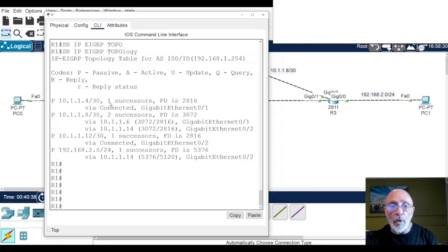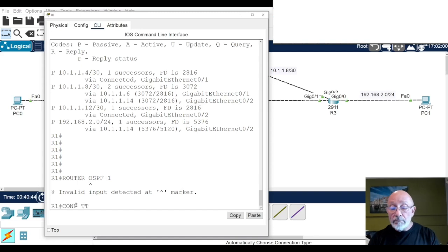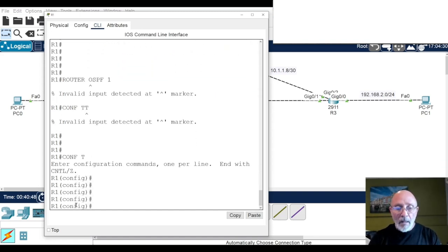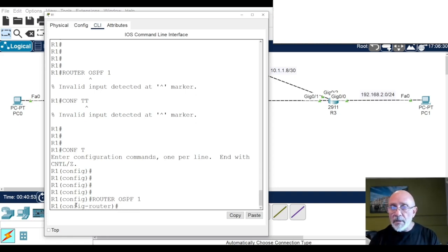So lastly, let's do OSPF. We're going to do router OSPF 1 in privilege mode, obviously. Up arrow, get rid of 1 T, not 2 T's. Router OSPF 1, where 1 is the process ID number, which doesn't matter; it's local to the router. And then we'll do network 10.1.1.4 with wildcard 0.0.0.3, single area. Area 0 is the backbone area, so that's the one we're going to put.